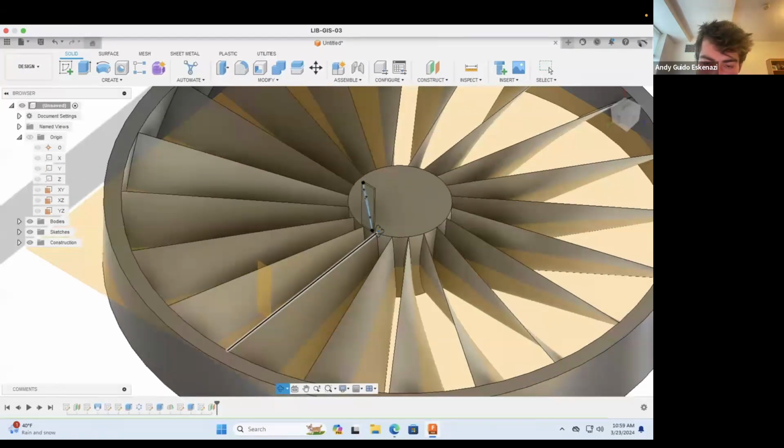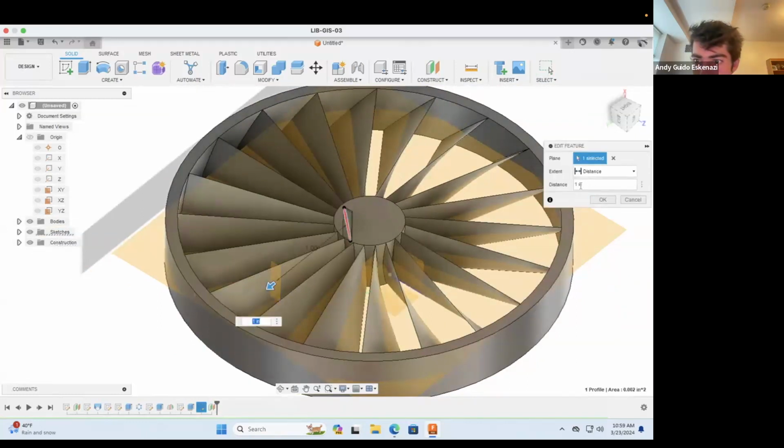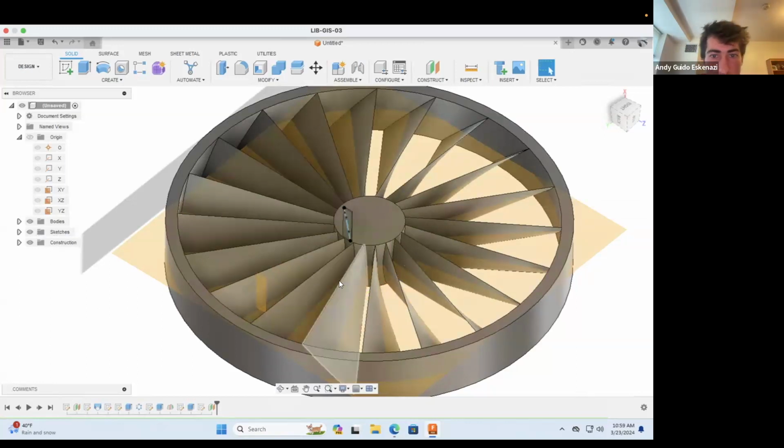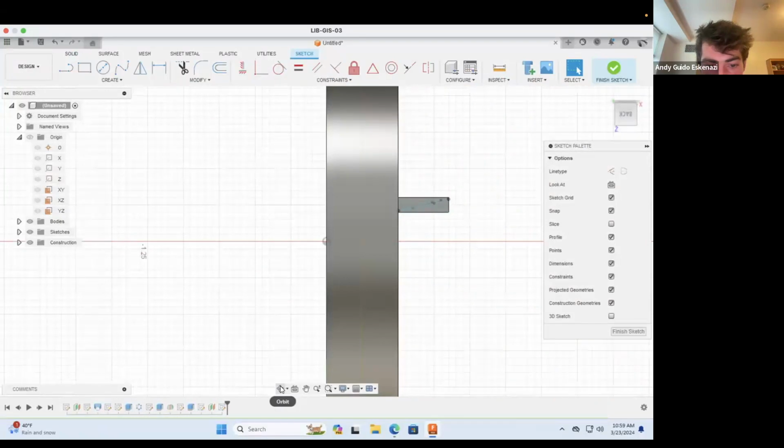Maybe, maybe a little bit more. I can just go here, edit feature. Yeah, 1.2. There we go. Excellent. I think I'm satisfied with that. Now we're gonna do the same drill as before. We're gonna do a sketch